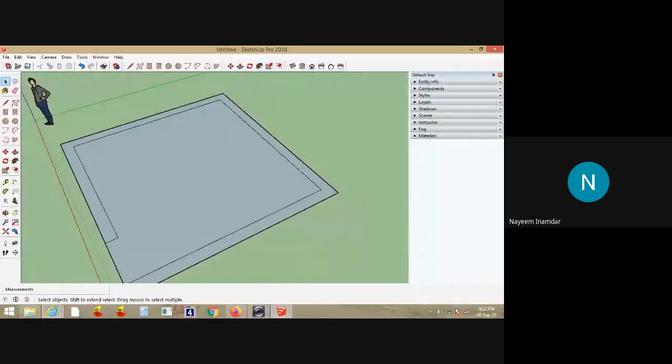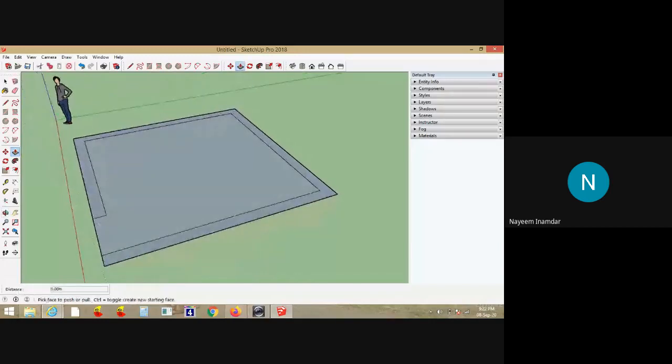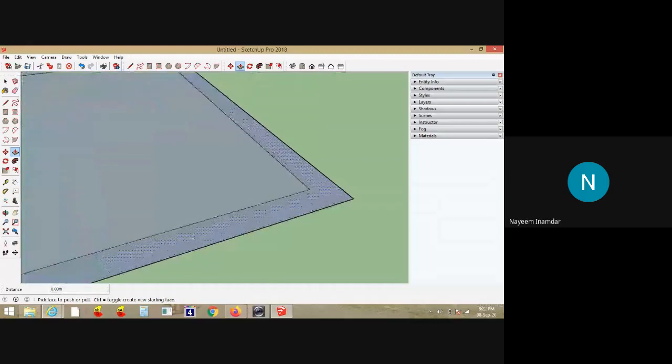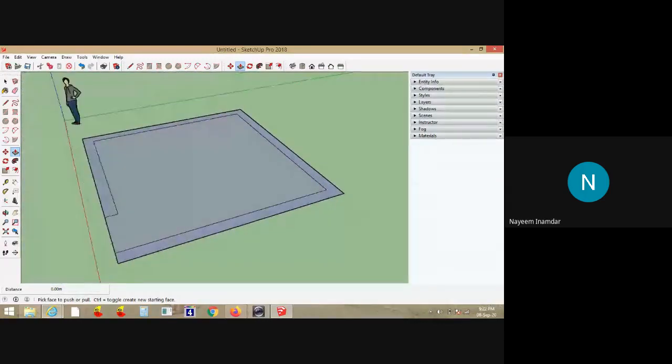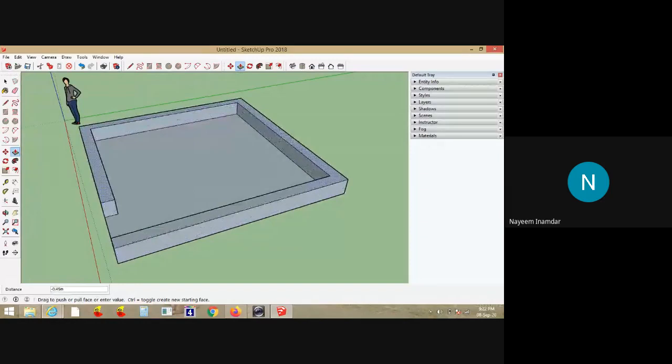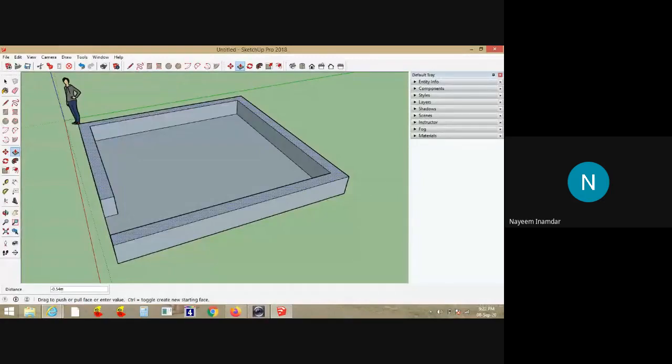See now, if I use the push pull command, the shortcut for it is P. Just press P and the push pull command will activate. I'll drag the push pull icon onto this diagram, onto the walls. You can see here the wall is appearing with dot meshes. Now I'll extrude this in the upward direction with the dimension of 0.45. Don't release the mouse here. Left click, just drag it. Don't release the click.